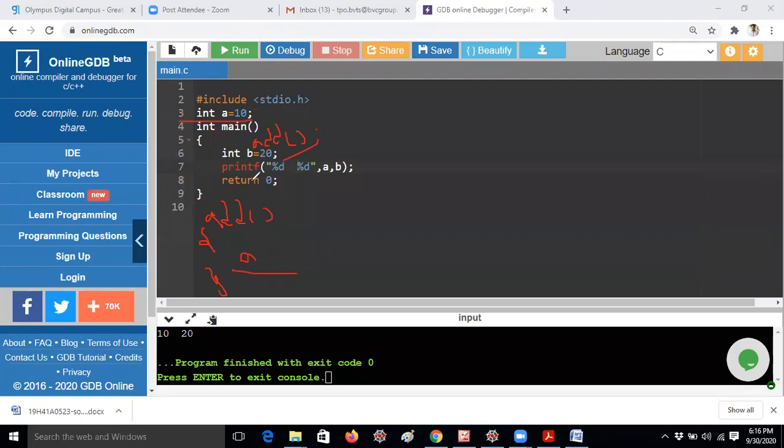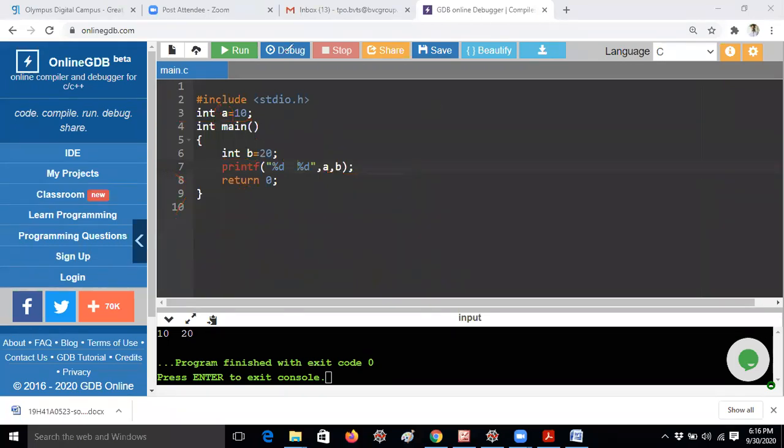So you can understand clearly, guys. If I am calling the a value here, it will get the value 10, and here also I will get 10. But if I am calling the b value here, it will give an error, because b cannot be accessed outside the main, because b is a local variable and a is an external variable or global variable. If you declare any variable before the main function, it can be accessed anywhere in the program. You should understand, this is the local and global variable, guys.